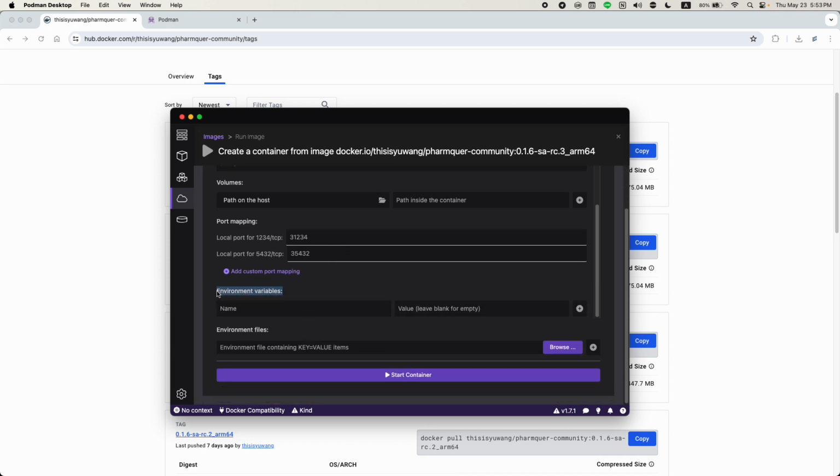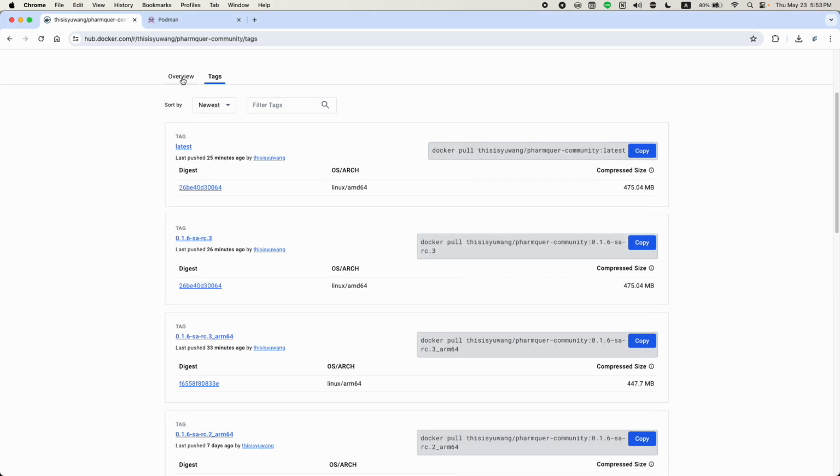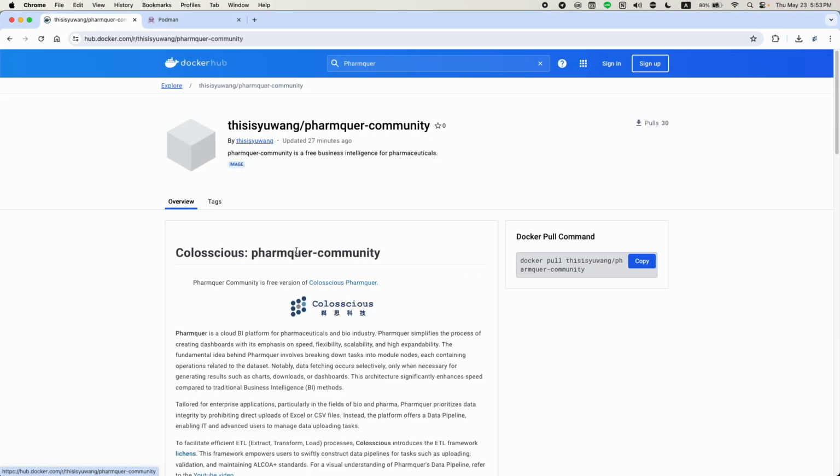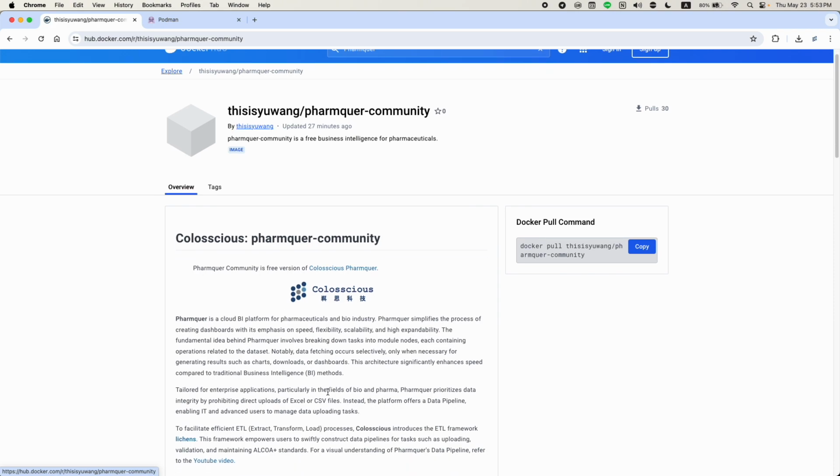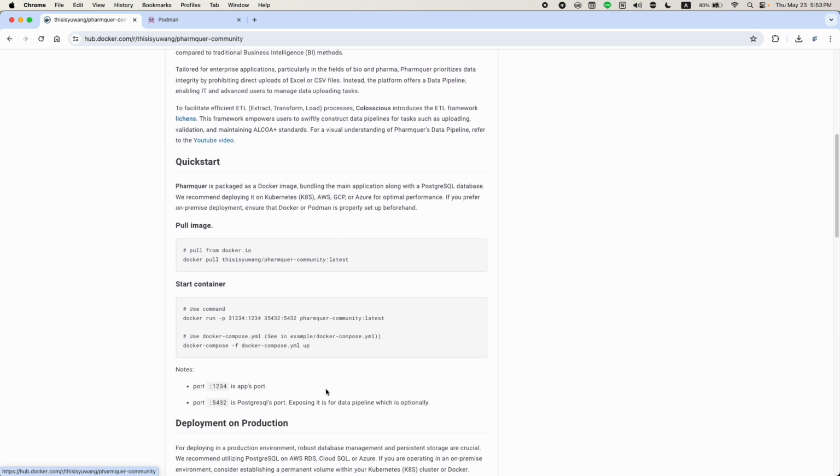And then is our second key point, environment variables. Here we can go back to the Funkwire image page, which has detailed explanations of environment variables.